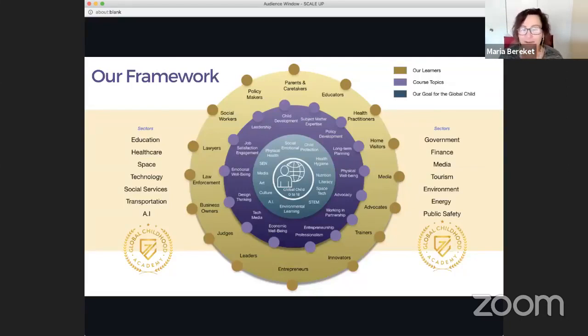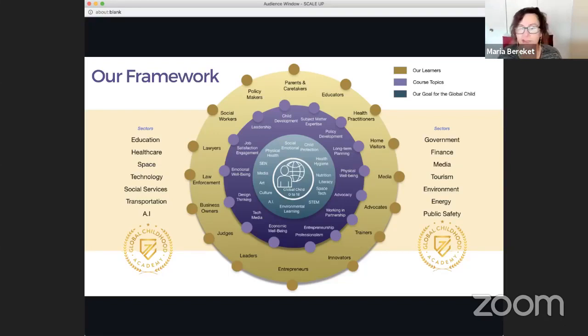Thank you, Chantal, for shifting that, because this should make more sense to you. This is our community. This is where our learners are. We want to build a world that's better for that global child. We want to offer people our expertise and give them the knowledge that we have from one part of the world to another part of the world. We all have so much to share, and it's so intricate. Who thinks of a lawyer as being part of early childhood education?